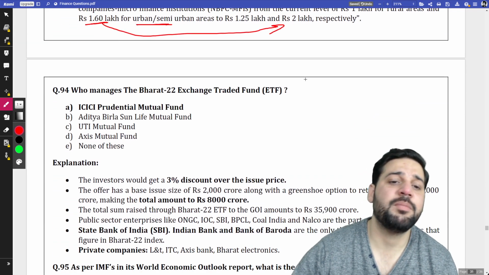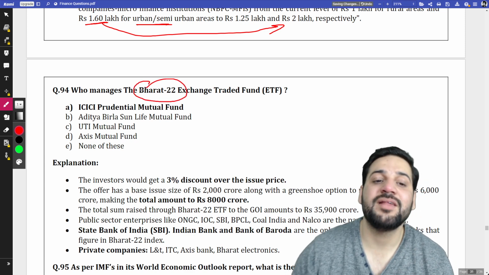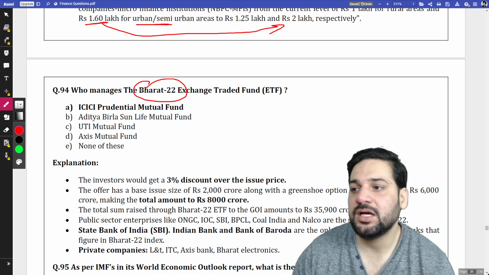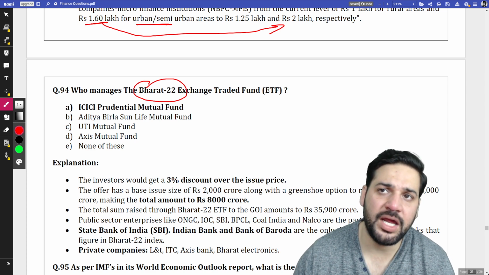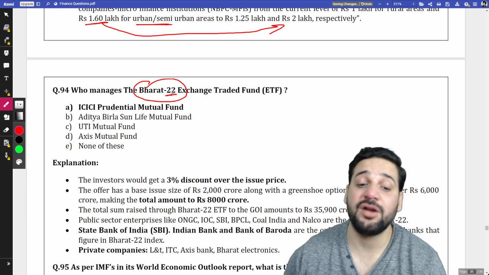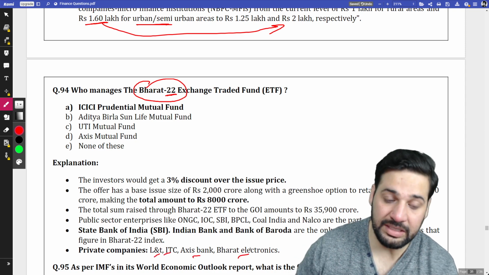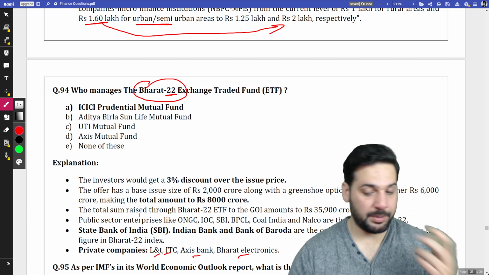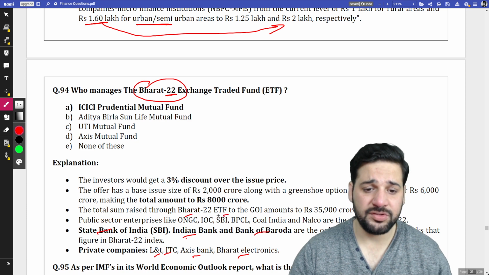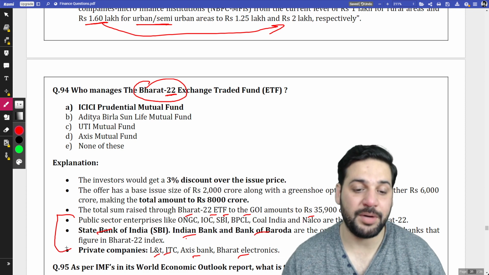Now this one is important. Bharat 22 ETF. Who manages the Bharat 22 ETF? See, this is a sort of ETF. It is a fund. As the number suggests, 22 companies are part of the Bharat 22 ETF. There are some private companies like L&T, ITC, Axis Bank, Bharat Electronics, and there are some PSUs and public sector banks: State Bank of India, Indian Bank, Bank of Baroda, ONGC, IOC, BPCL, NALCO. So these are some of the companies that are part of this